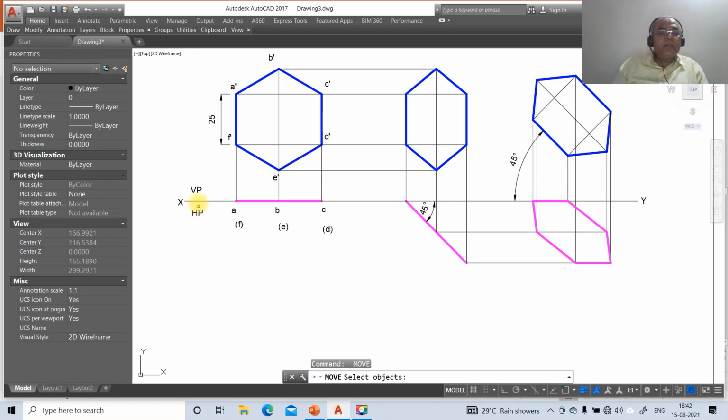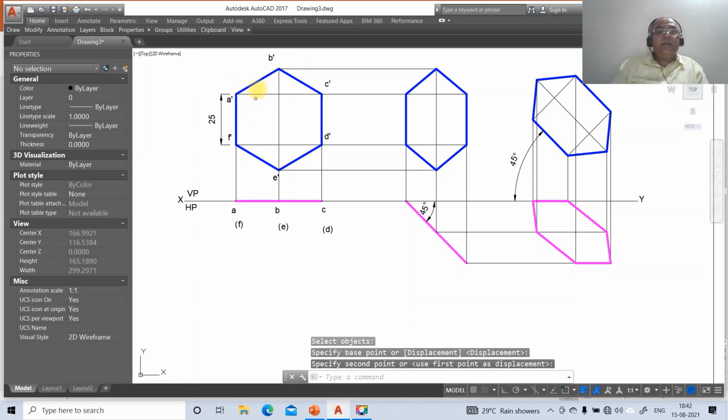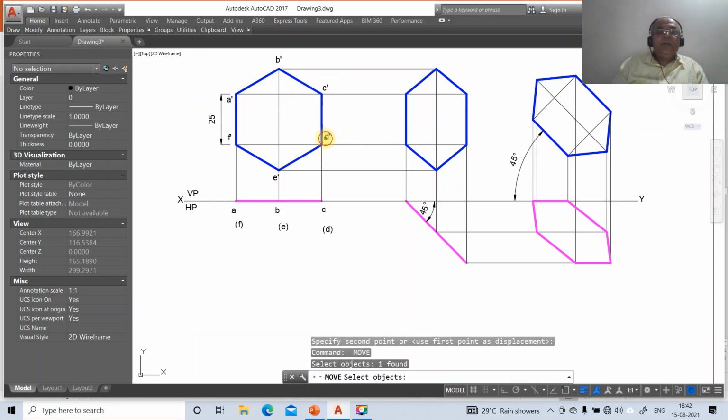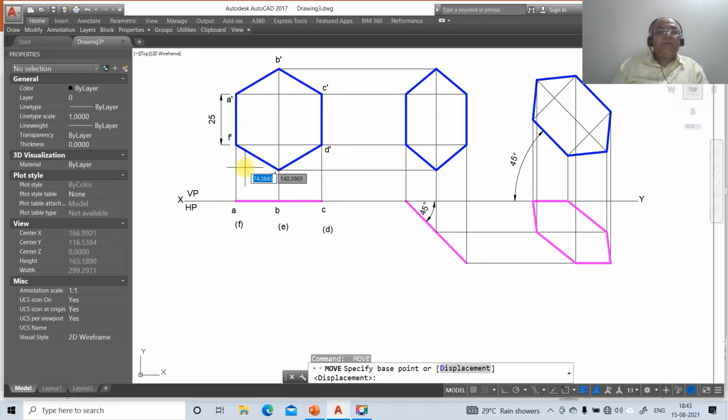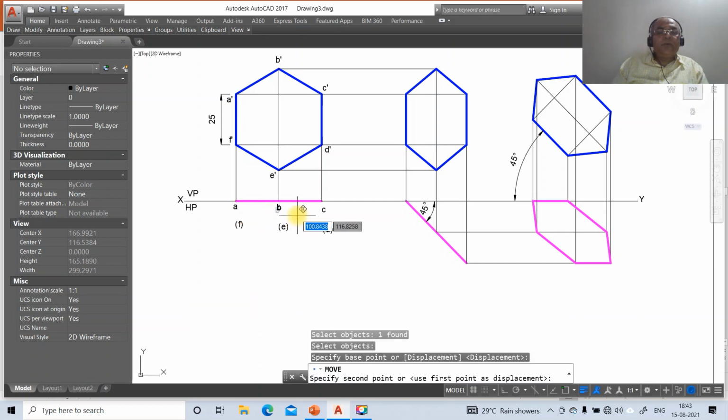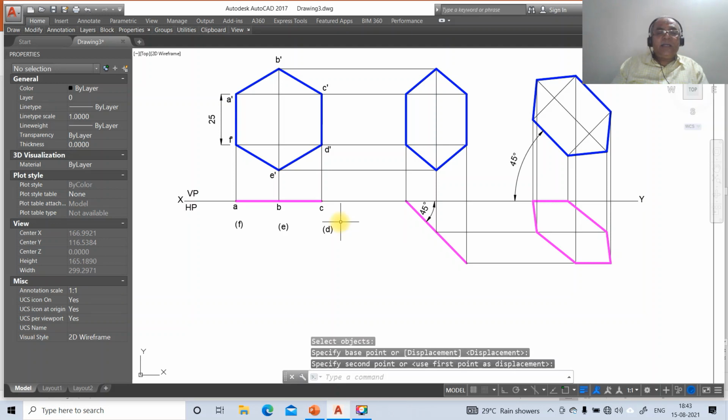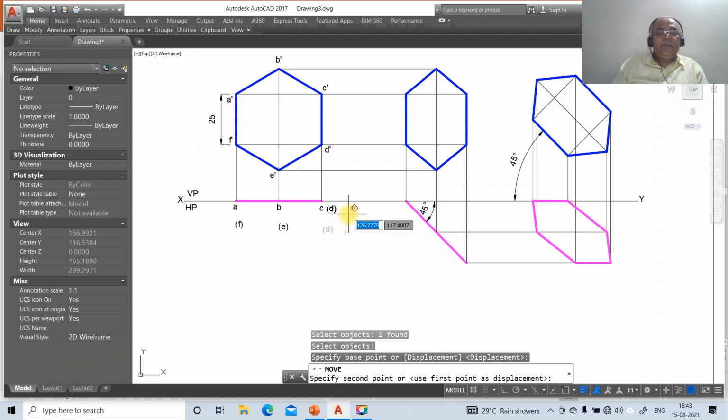Now once you do that, you just switch off the ortho mode and move this X and place it wherever you want. Appropriately you keep it. Similarly HP, and here it is Y. Then you move this A dash and nearer to that point you keep this text. So similarly D dash, so here E dash and here F dash. All these commands we are doing by using move command. So both base point of displacement and then second point of displacement. So once you do that, B, E and A, F.